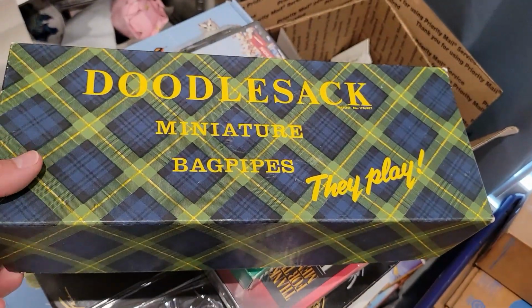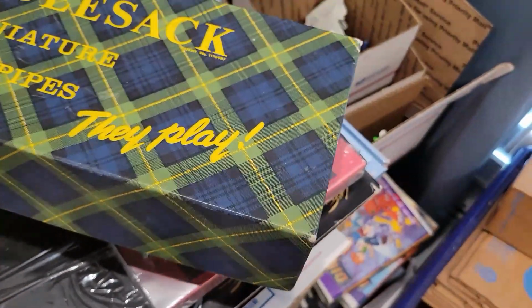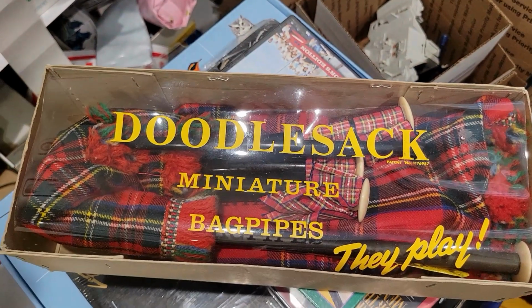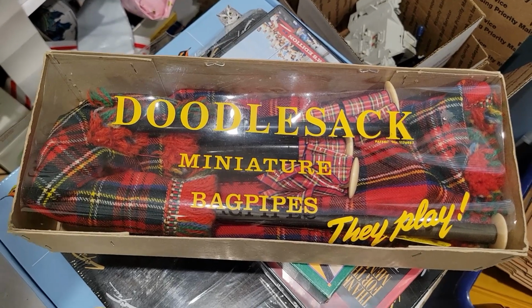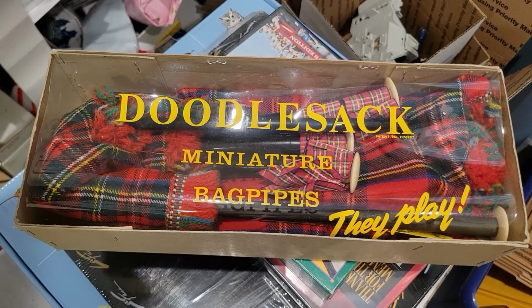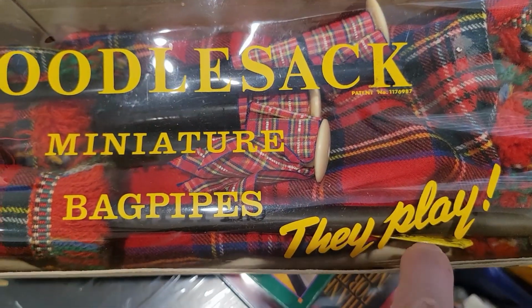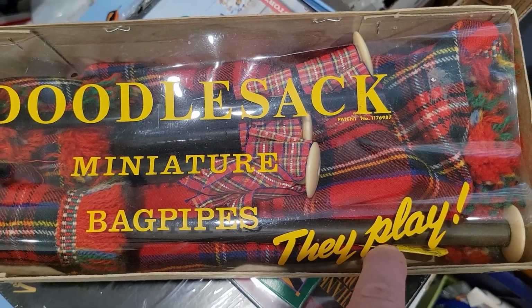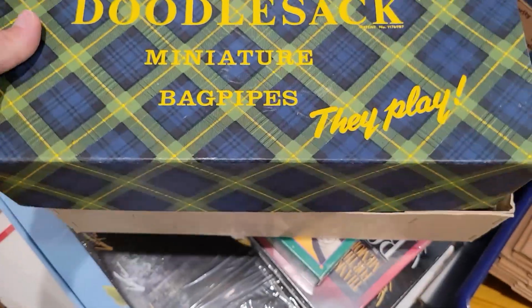This is a Doodle Sack miniature bagpipes. They play, and they do play. I've actually had them out, let's see if I can show it off a little bit. There it is. When I was picturing them, they are not in perfect condition. That was all disclosed in the listing. You can see the stickers peeling off right there from the bagpipe, so I disclosed all that, and this sold